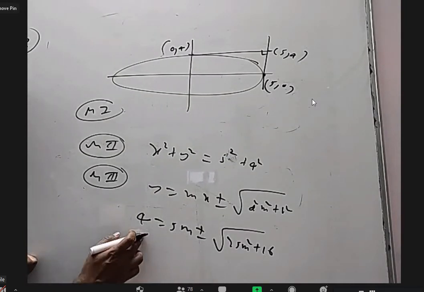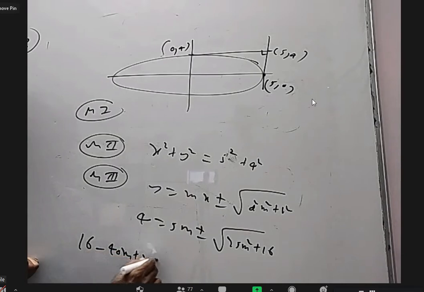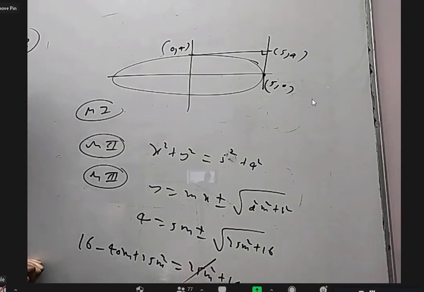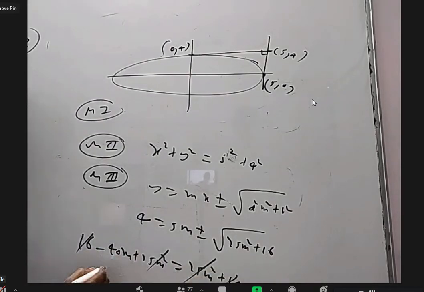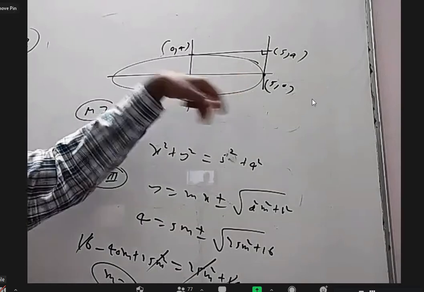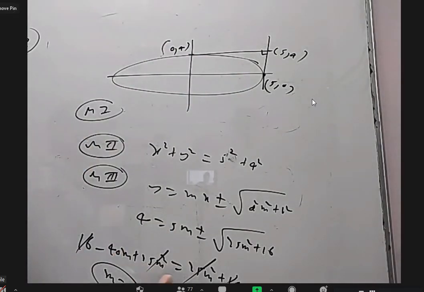Let us see. We bring this across and square it. 16 minus 40m plus 25m square is equal to 25m square plus 16. 25m square is getting cancelled, and 16 also getting cancelled. You have got m equal to 0. That means one is a horizontal tangent. But this is not a point on the ellipse. Outside the ellipse, there should be two tangents. Whenever you are supposed to get two answers but you are getting only one answer, you have to understand the other slope must be infinite.